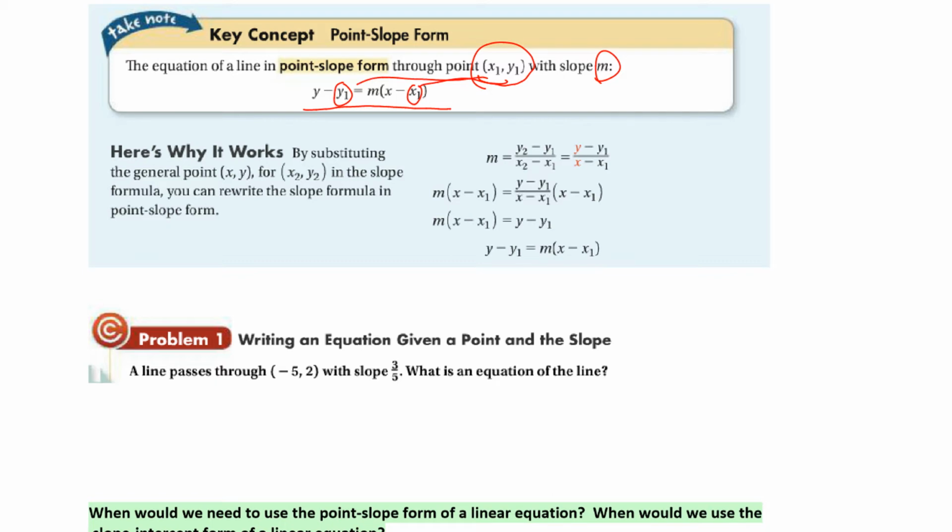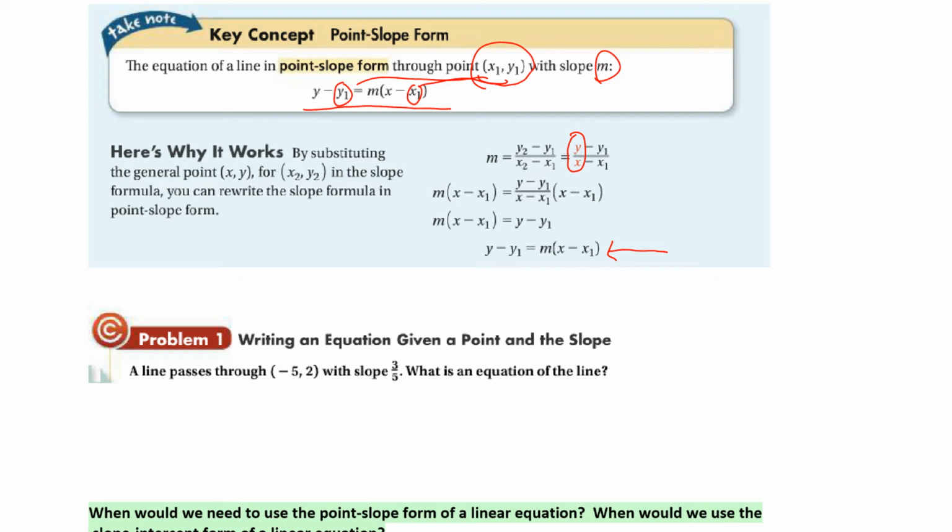And if you look, it tells us here why it works. If you substitute the general point xy in for x sub 2 y sub 2 in your slope formula right here, you can rewrite it, and you see that when you rewrite it, it ends up being your point slope